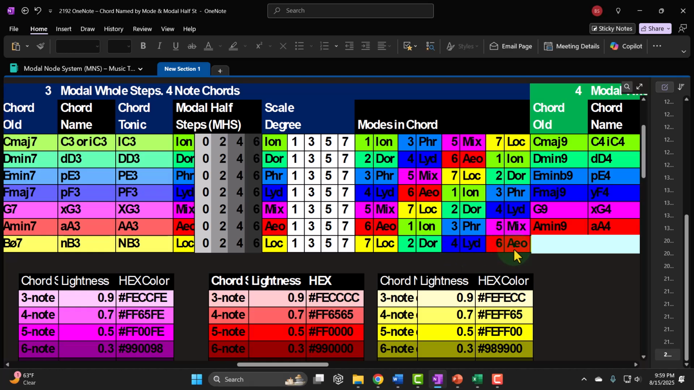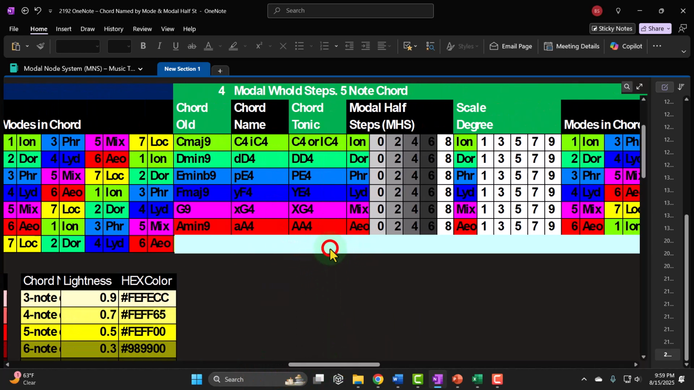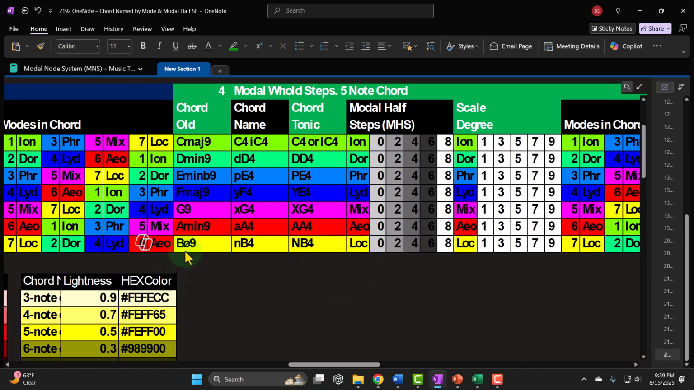We're naming the chord based on the Aeolian node distance, because that's the distance of 6 modal half steps from the Locrian, or the 7th scale degree. Let's go up another one. Now we just stick with this B half diminished 9 that they made up, this half diminished, which you might as well just call it the mode. It'd just be the Locrian